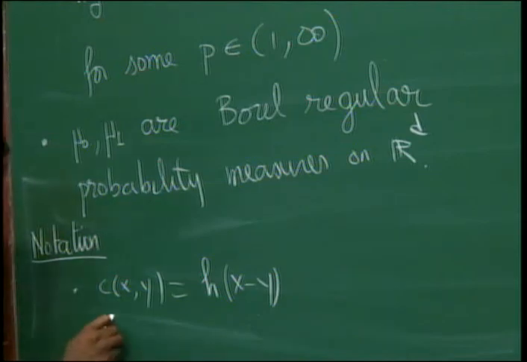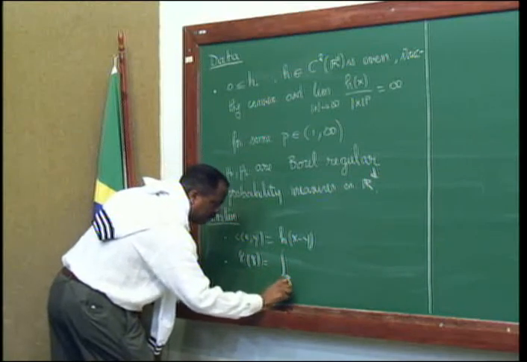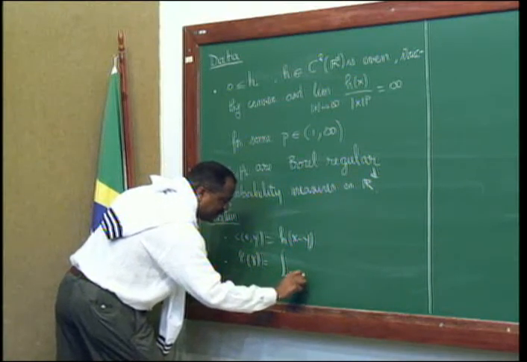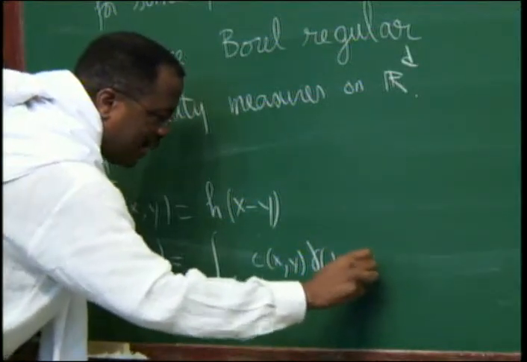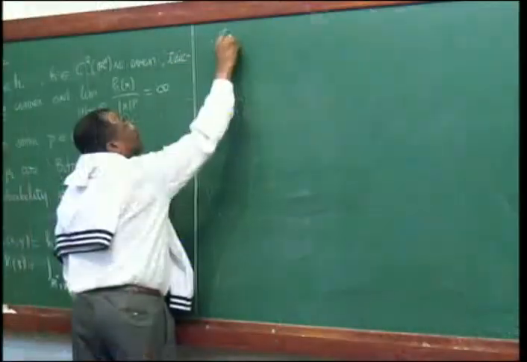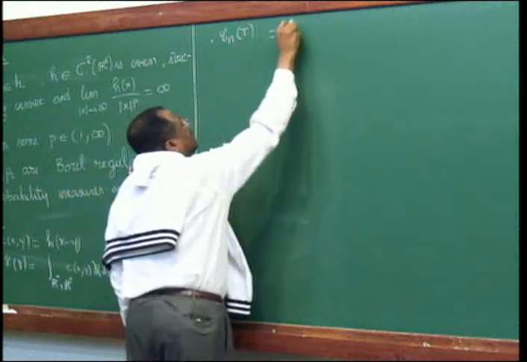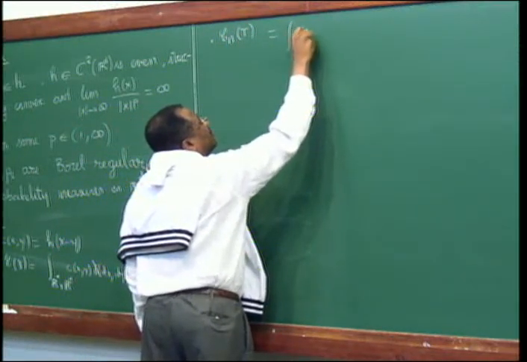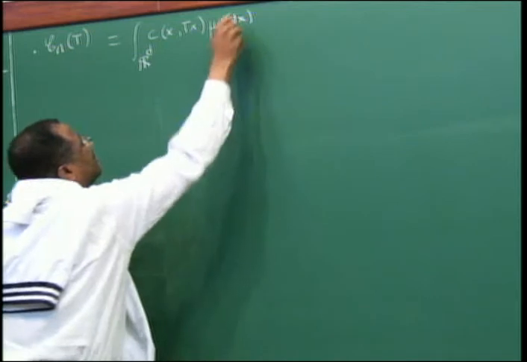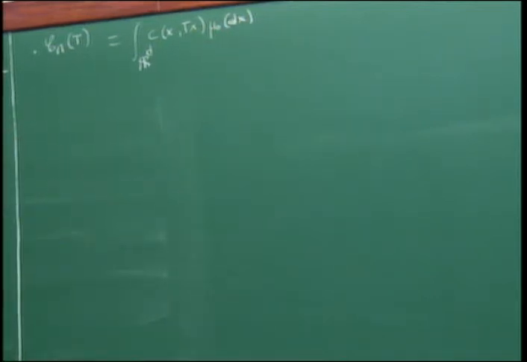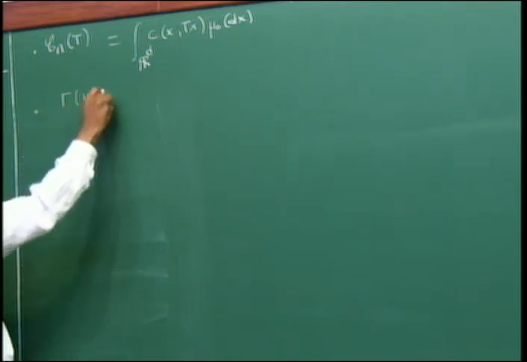The Kantorovich cost, M of gamma, is the integral over RD cross RD of c(x,y) gamma dx dy. And the Monge cost of a map T is the integral over RD of c(x, T(x)) mu naught dx. And Gamma(mu naught, mu 1)